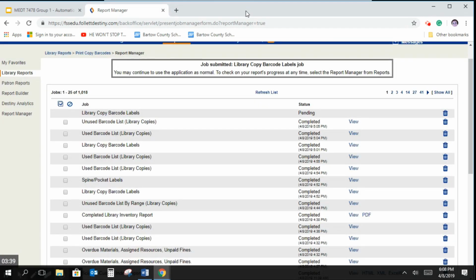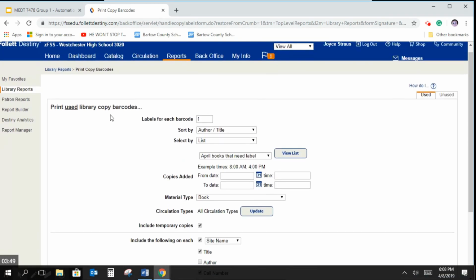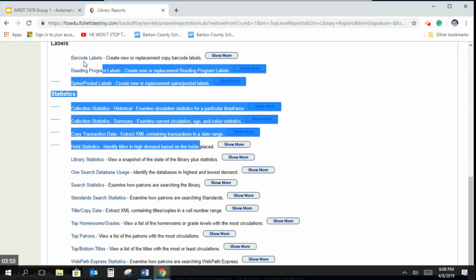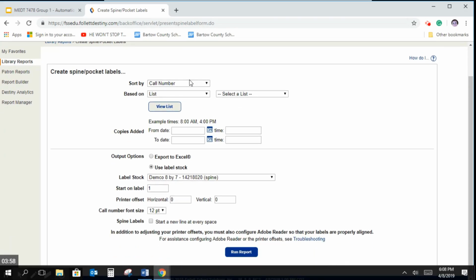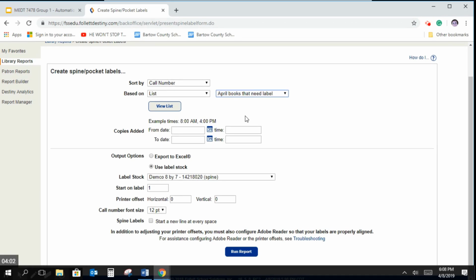Now we're going to look for spine labels. Again, I'm not going to go all the way back. I'm going to go here. And I'm going to look for, under library reports, spine and pocket labels. And we can look for a list, April books that I need to label. I've already run that once. I'm going to sort them by,